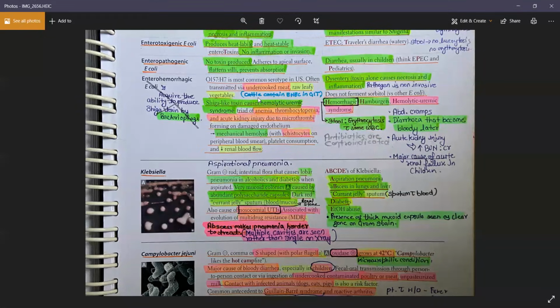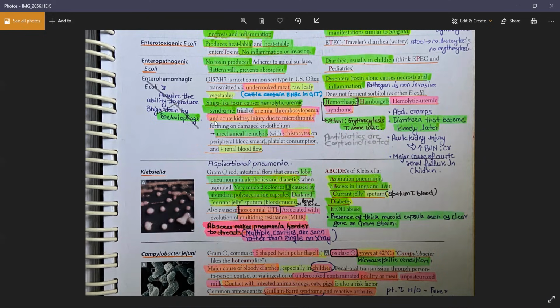coli, and it is the hemolytic uremic syndrome. So a classical case would be a child who is having bloody diarrhea, and after the bloody diarrhea, he's having oliguria and flank pain, or might be a high level of creatinine. Okay, and they will ask you what is the reason behind it, and it would be the acute kidney injury